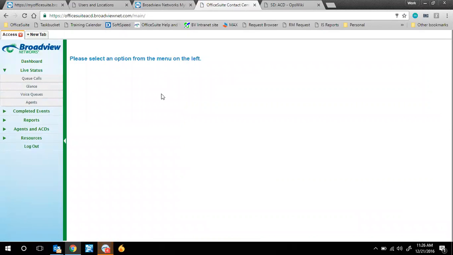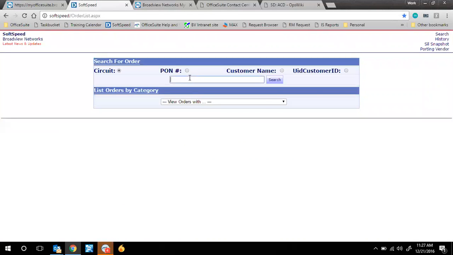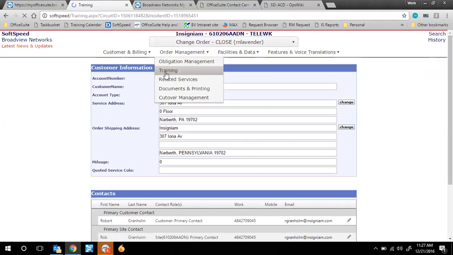And we do training, we explain this sort of stuff during the training, but you might get questions too. So, customer gets training just like they would for the portal and blueprint. Yeah, let me bring up soft speed real quick. Extension call recording training, contact center. So you all know how to schedule training, I'm assuming? Okay. Yeah. So in our training tab,